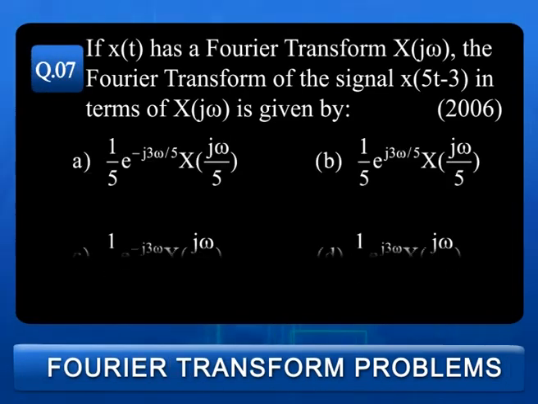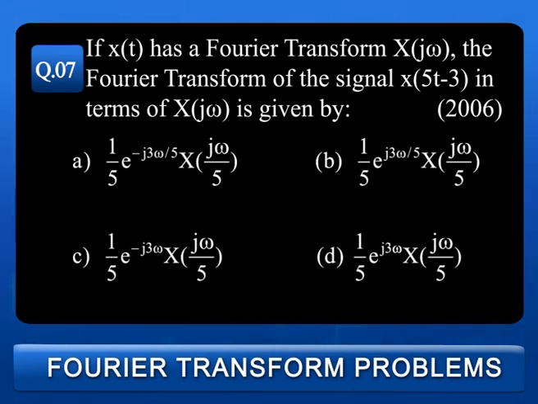Question number 7. If x of t has a Fourier transform x of j omega, the Fourier transform of the signal x of 5t minus 3 in terms of x of j omega is given by. Okay, this question was asked in the year 2006 and the choices are